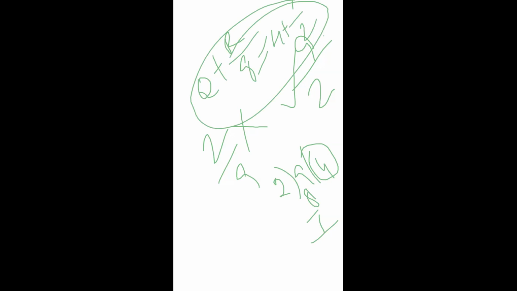Suppose the fraction is 2 by 9. So 2 by 9 is not possible to divide directly, so it is called the proper fraction. If division is not possible, we call it a proper fraction and simplify it directly. If division is possible, we call it an improper fraction, and we have to divide and then apply it.